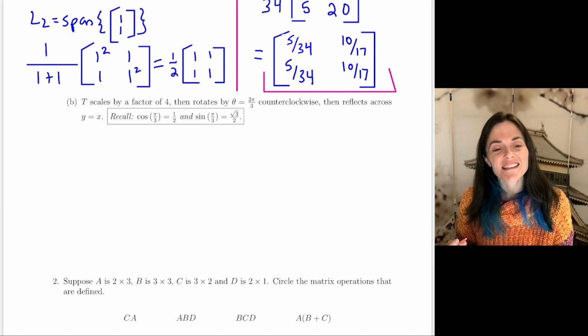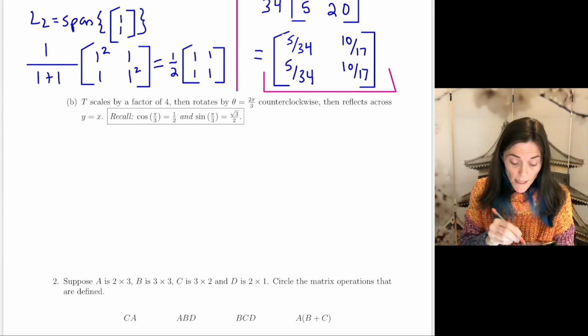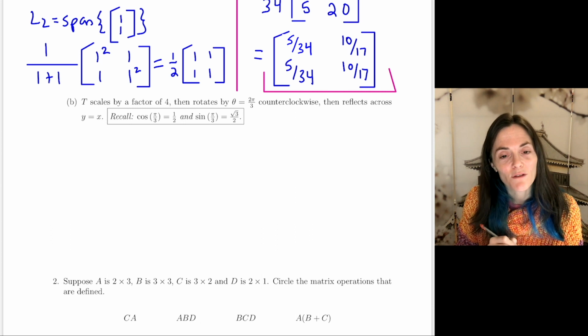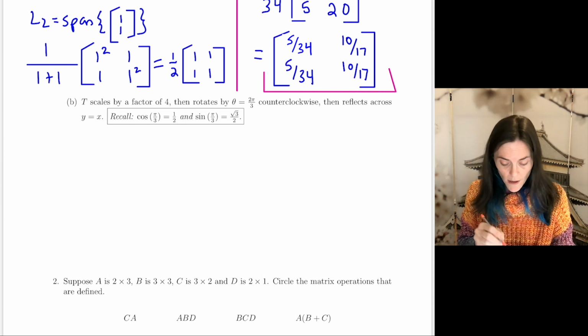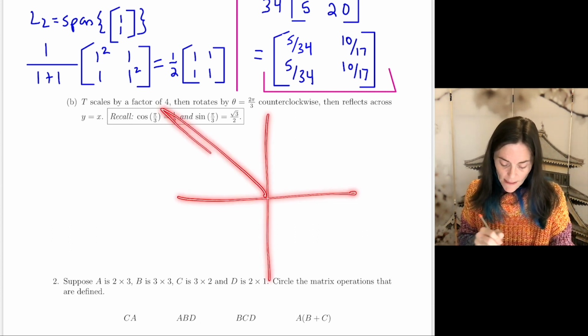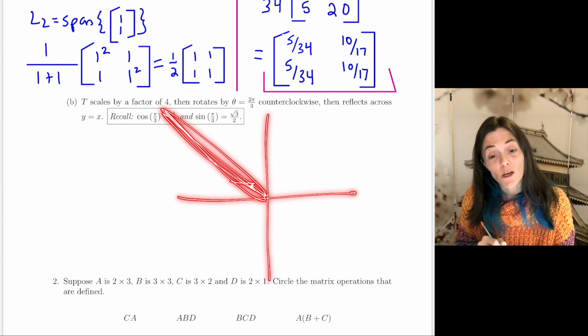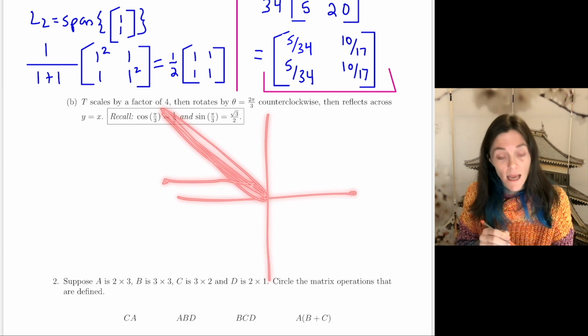You could write down the scaling matrix to scale by 4, but we're just multiplying by a constant, so I can really do that at any time. So let's do the other two pieces here. For the rotation matrix, I give you cosine pi over 3 and sine pi over 3, but my theta is 2 pi over 3. 2 pi over 3 is here with a reference angle of pi over 3. So you notice the cosine is negative and the sine is positive.